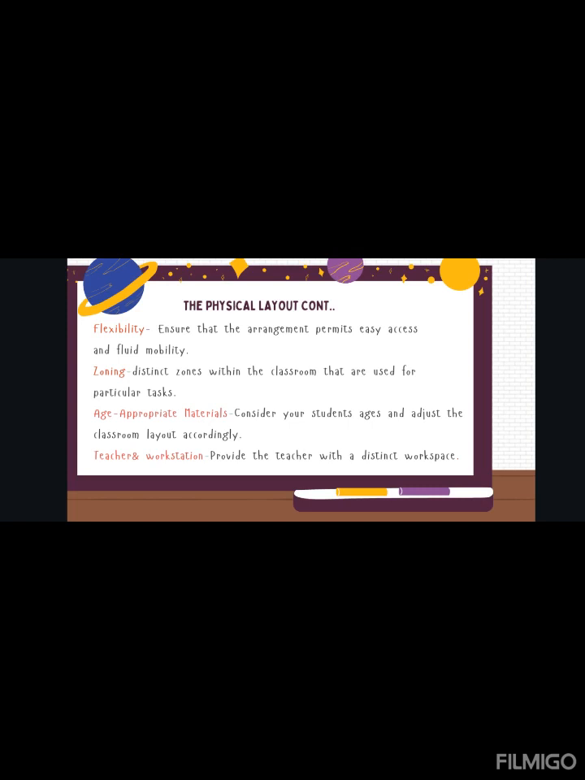So consider your students' ages and adjust the classroom layout accordingly. While younger students may benefit from a more expansive room for mobility and play, older students might require individual workspaces as well as collaborative locations for group activities. A very vital aspect of the classroom is the teacher's workstation. The teacher's workstation should provide the teacher with a distinct workplace that offers quick access to educational material, technology,